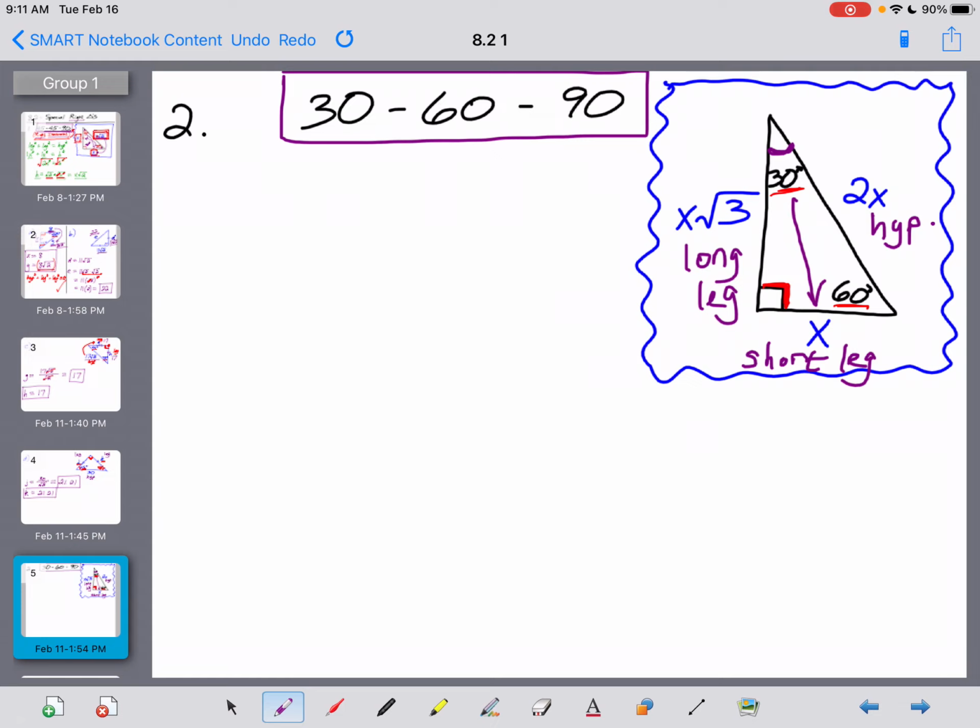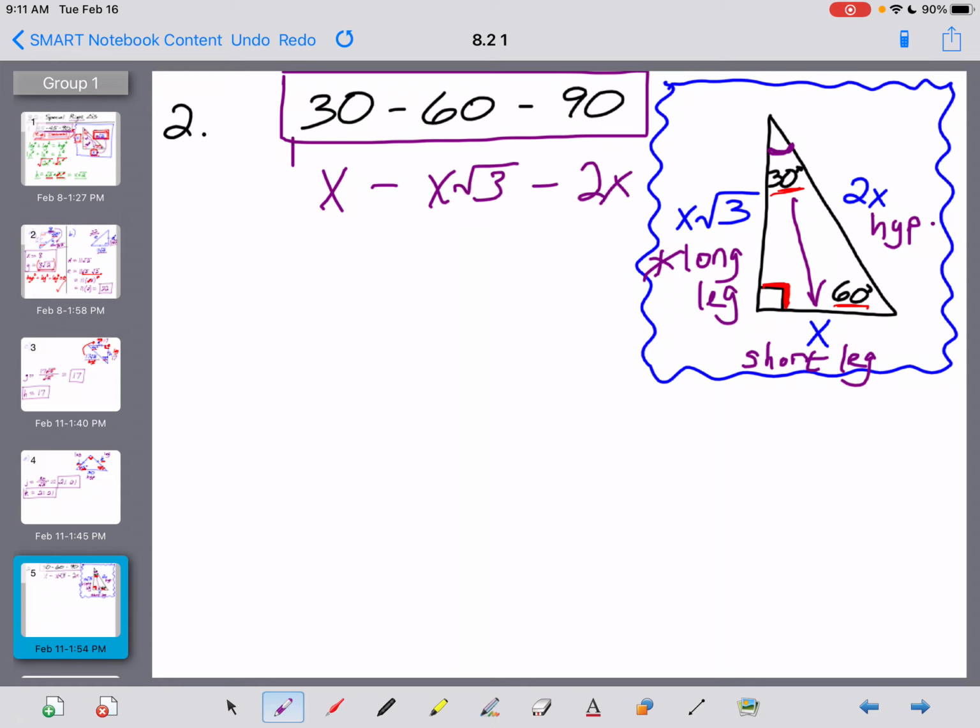And let's not forget, guys, the hypotenuse must always be the longest side. So that can be a little bit confusing right here because your long leg is the longer of the 2 legs, but it's the middle out of the 3 sides. Okay, so the pattern we need to have memorized here in a 30, 60, 90 is x, x root 3, and